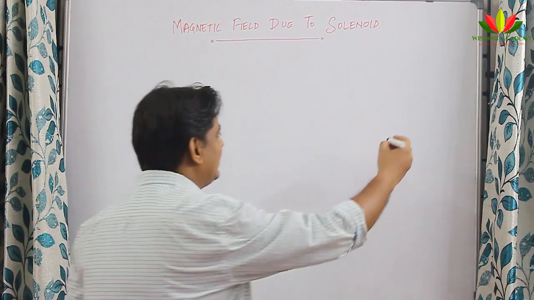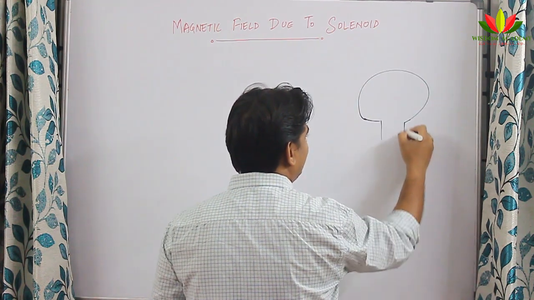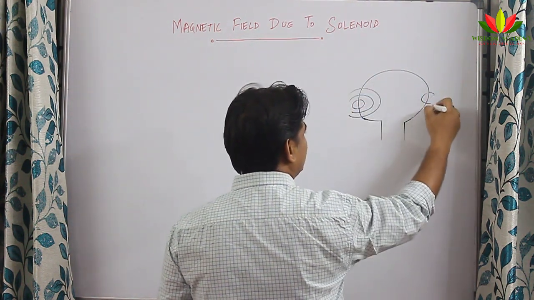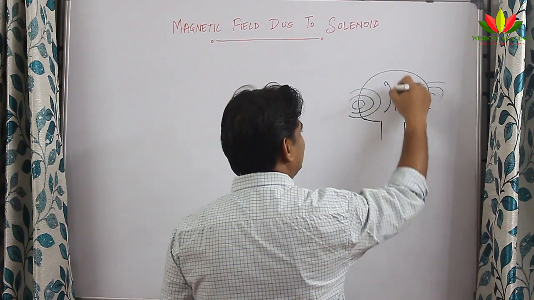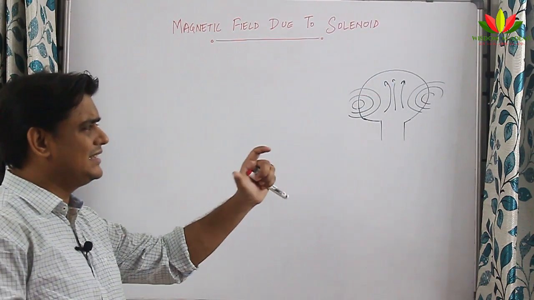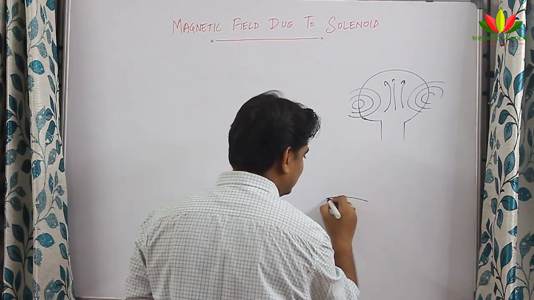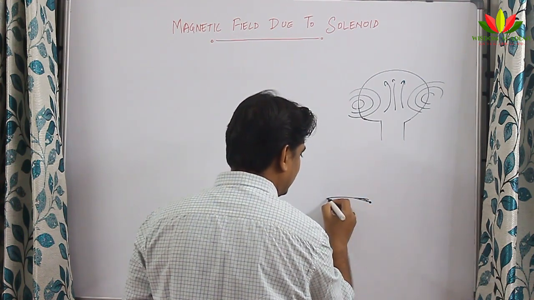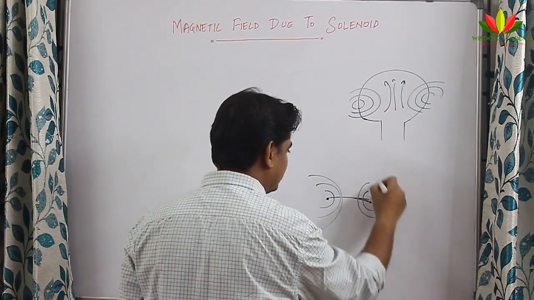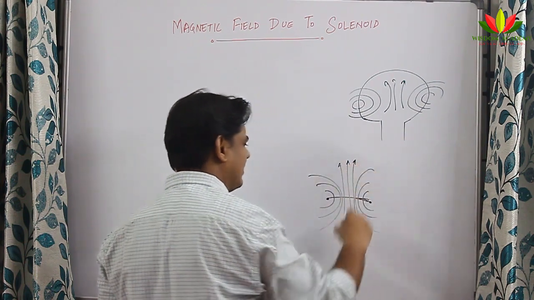you would have understood that if there is a circular loop like this and it is taking a current, then the magnetic field produced was like this. Some concentric circles here, some concentric circles here, and in center it was some kind of straight line. If I have a look at this from the top view, I think it will look like this. This is the top view. Then I can say that here you had some kind of circle, here you had some kind of circle, and here you had some kind of parallel lines.